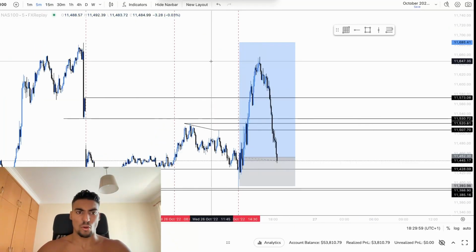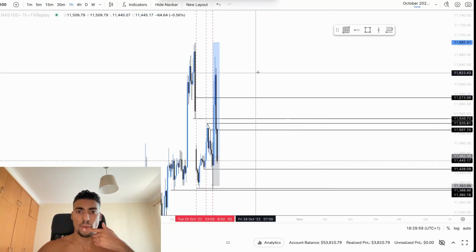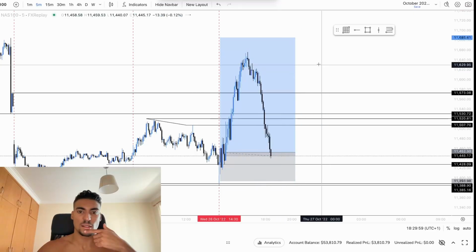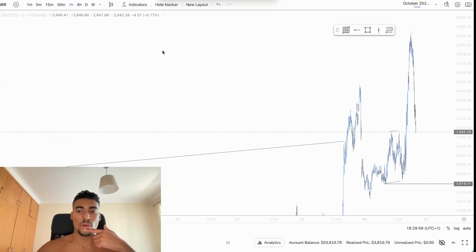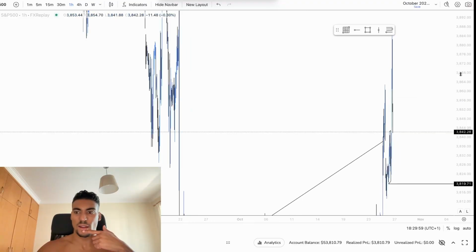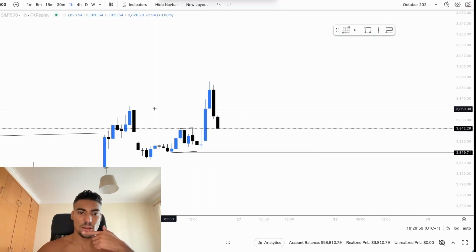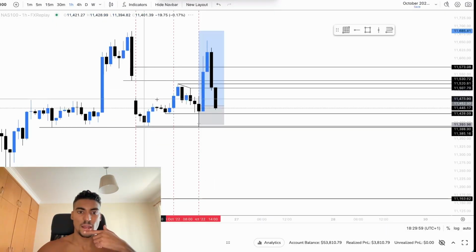So I could have closed more on this 5 minute order block, breaker block, yes, but I wanted to try my luck. Not try my luck, but at least hit those targets on the 1 hour highs. But will it hit, probably? Were we creating a bearish SMT? I think so. Yeah, we were super high here on the S&P, and on Nasdaq we were not.